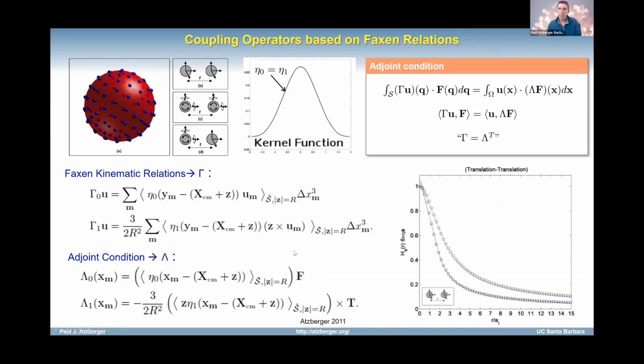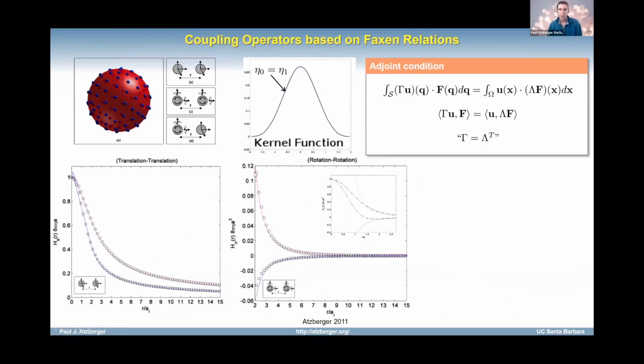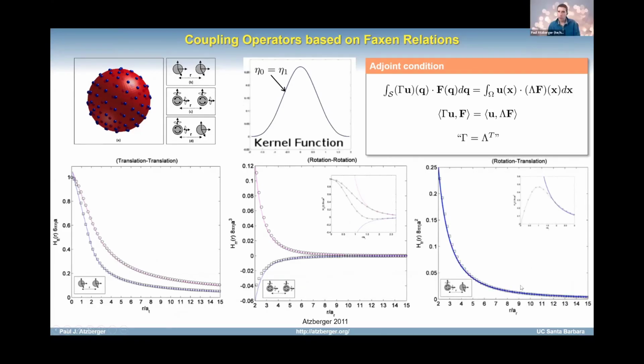And it turns out that this does a very good job in capturing the translation and rotation couplings between these spherical particles. And so what you can do is compare these things to what the actual rotation and translational tensors would be, and you can see that up to about 2 radii, as long as they're not closer than 2 radii together, you basically get very good agreement with what the hydrodynamic coupling would be, given a more detailed treatment. And similarly for the rotation.